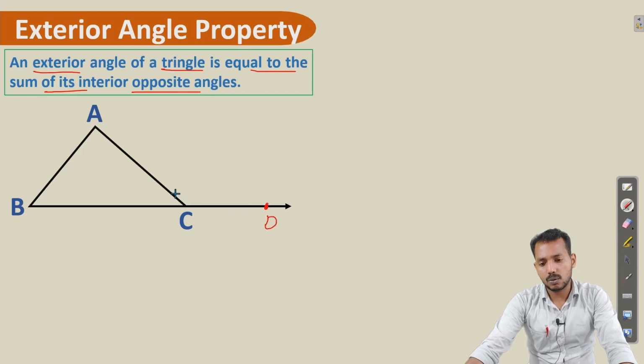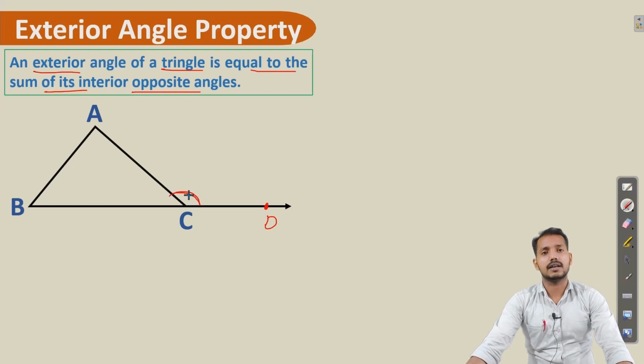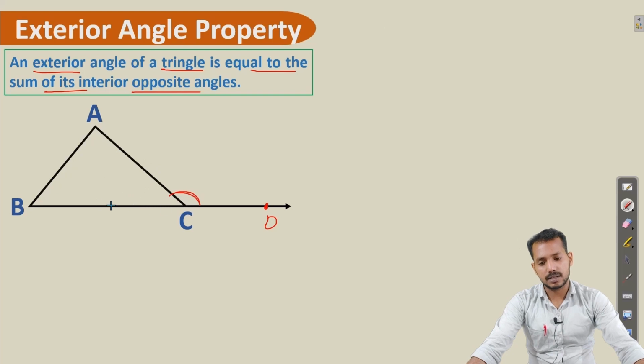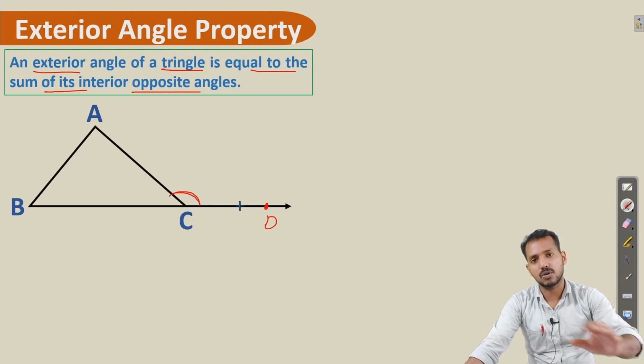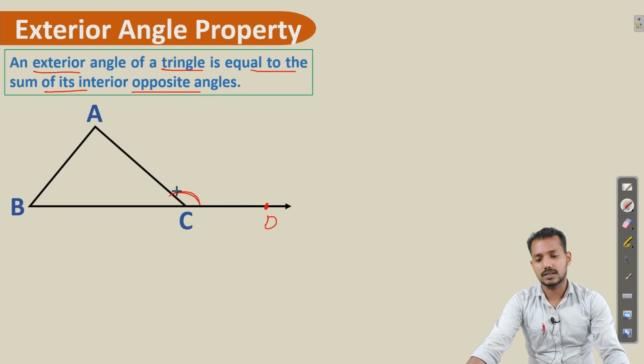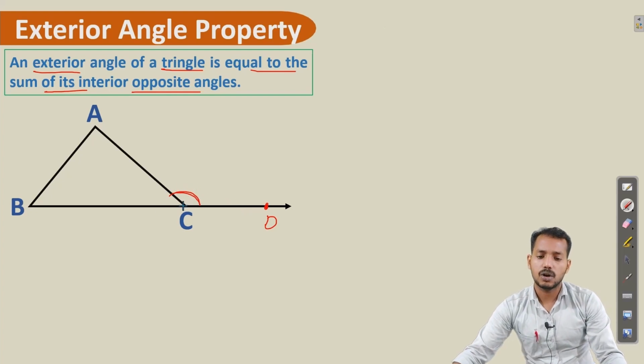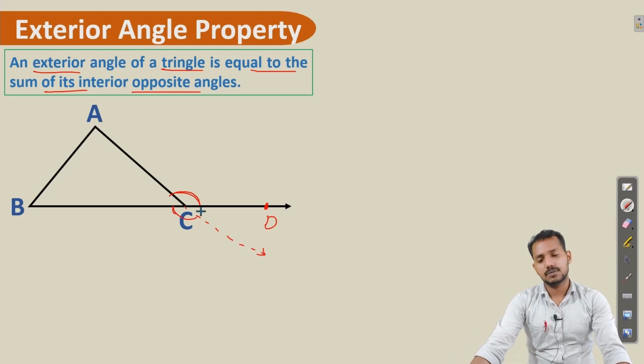Then one angle is formed here, am I right? This is called the exterior angle of the triangle. When a side of the triangle is extended, the angle so formed with another side and this extended side is called the exterior angle. So this is the exterior angle. You can also draw another exterior angle with the same vertices. If you extend AC, one more exterior angle is formed. In both ways you can draw, but I am taking only one possibility here.